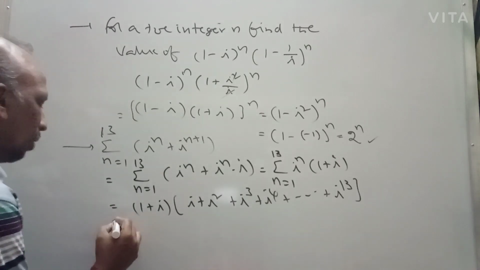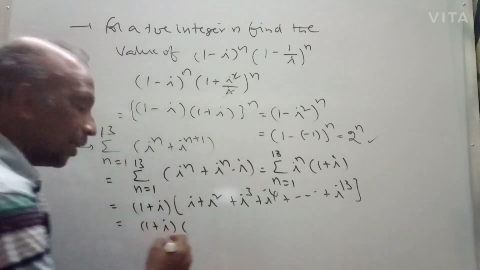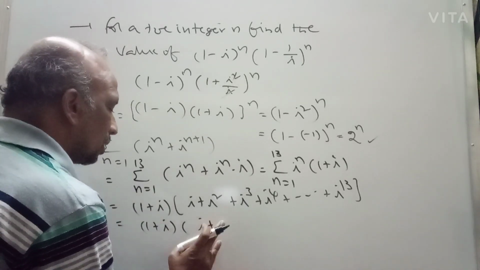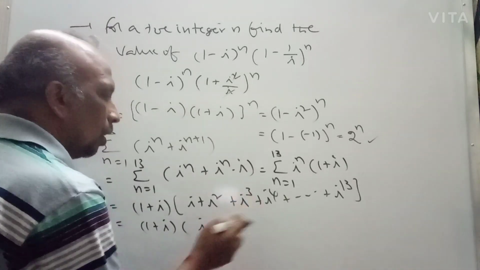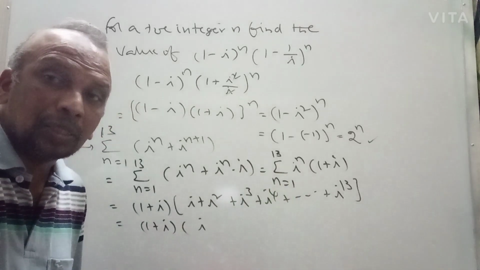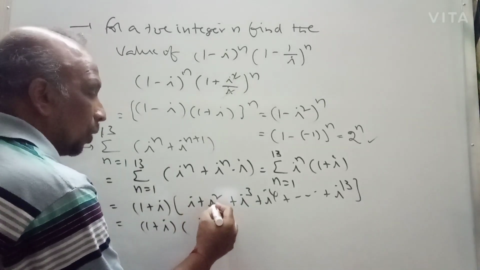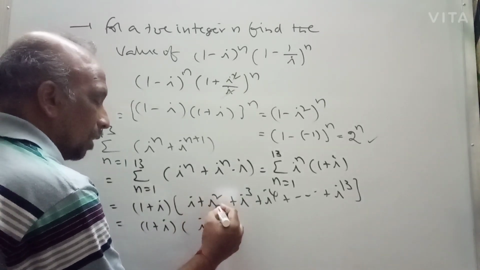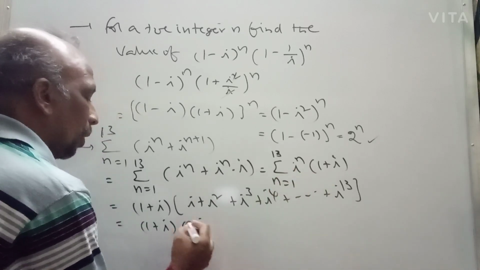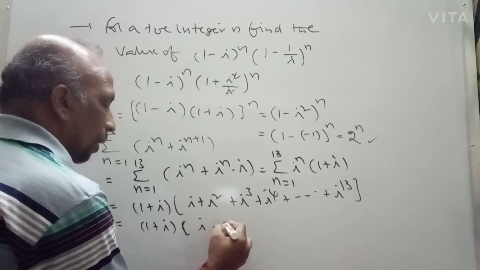You can think, when I have written here, this is 1 plus i into, I can write here i plus i squared is minus 1. So if you write all the terms, generally 13 terms, every 4 terms it will repeat, right? Every 4 terms. So this is i plus, I can write all the terms, the grouping I can see here. This is i plus i squared is minus 1.